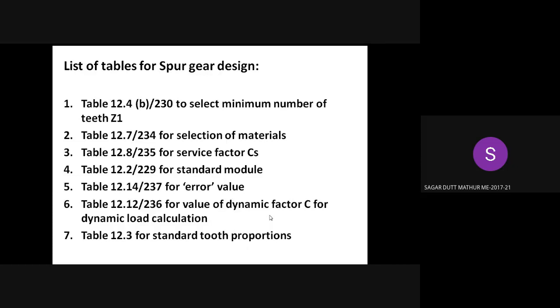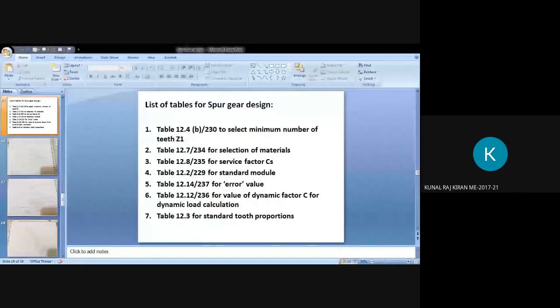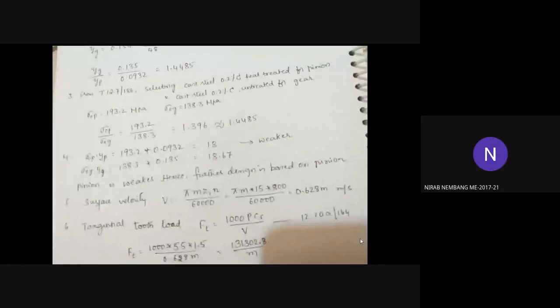Sir, I'm getting the value of Ft as 13169.4. In the last, 131,369. That doesn't matter, don't worry about that. There won't be much variation, so if it is 131,3 up to whatever, don't worry about that. Is that okay? Any other doubt further? No, sir. Fine, we'll move on now.